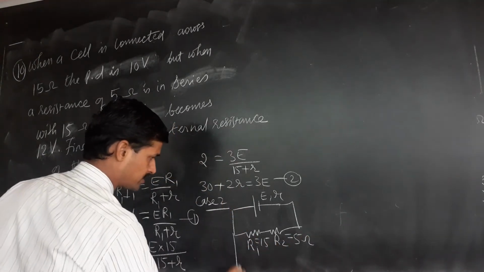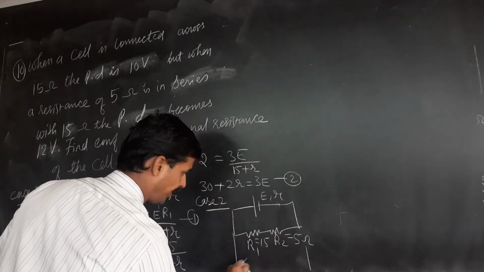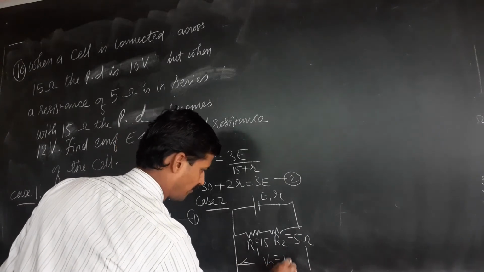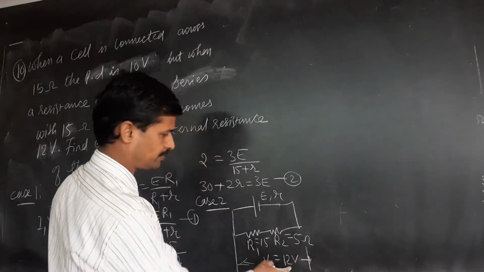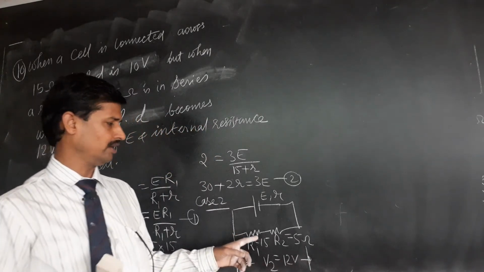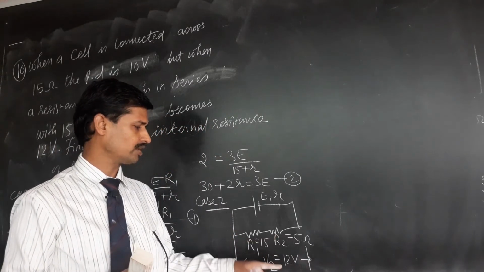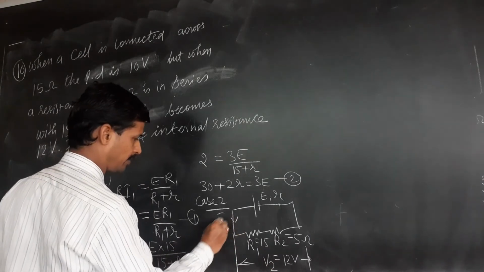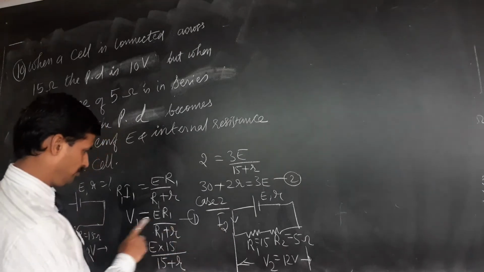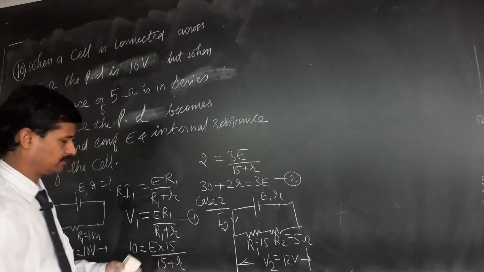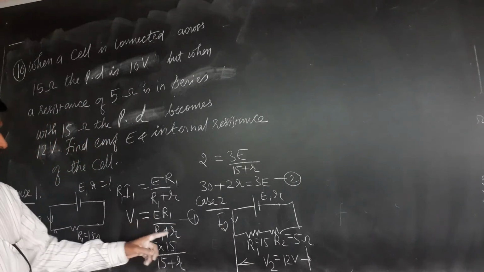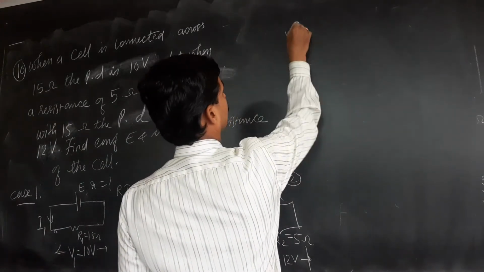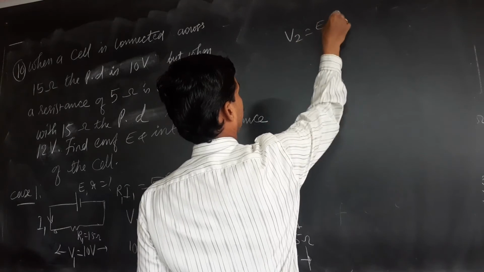In this case, the terminal PD V2 is equal to 12 volts. Voltage becomes more. V is equal to IR, since resistance is more, voltage is more. The current might have been I2. Use the similar equation: V is equal to ER upon R plus r, the standard formula. V2 can be written as E R2 upon